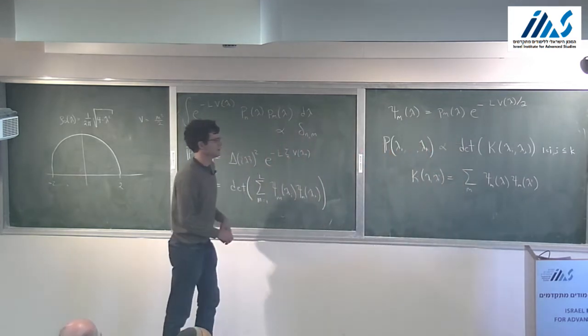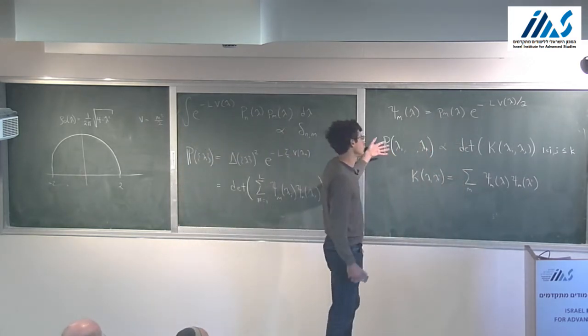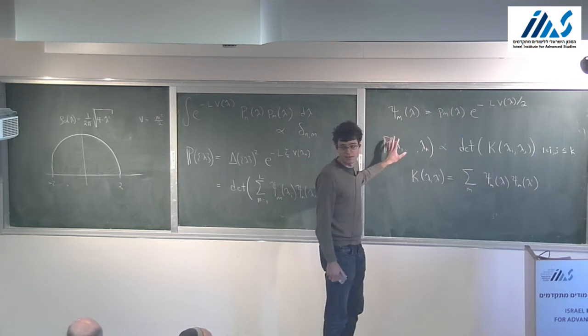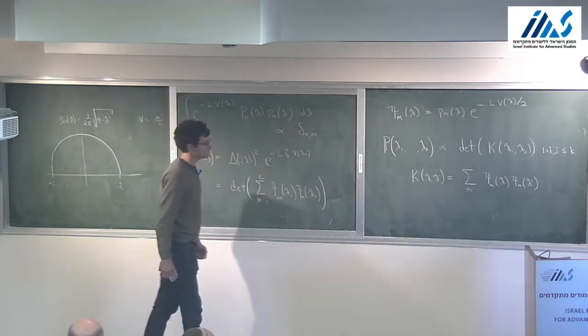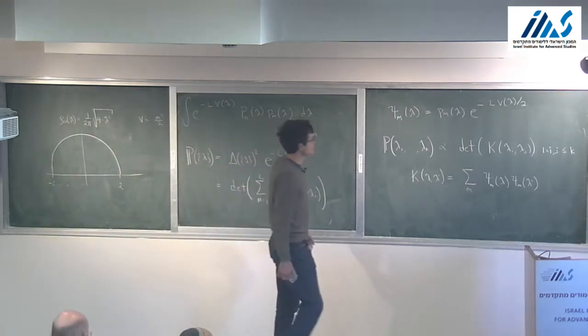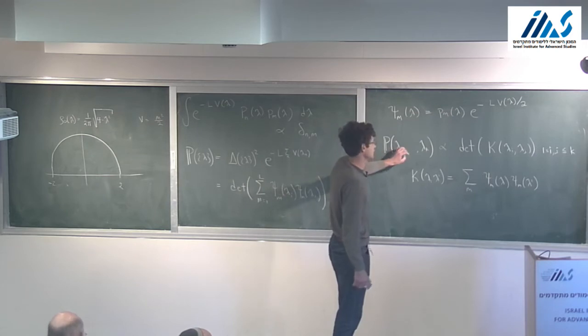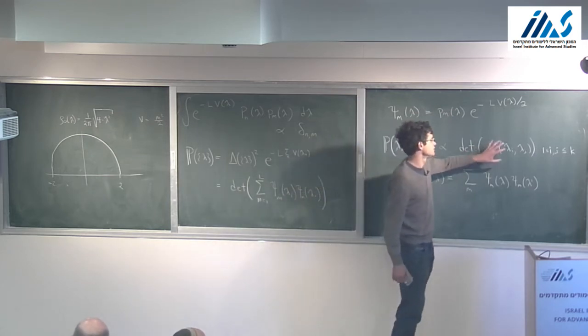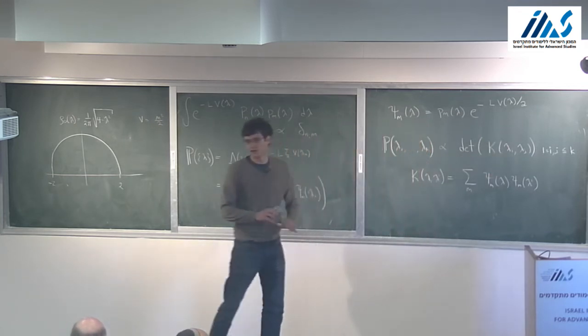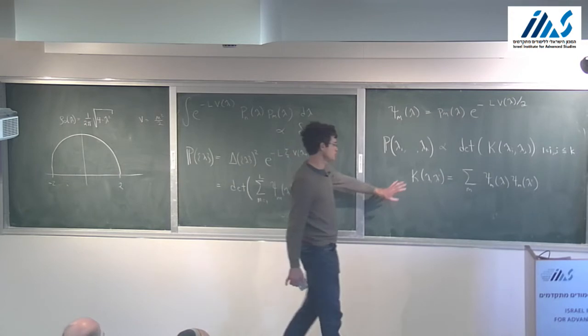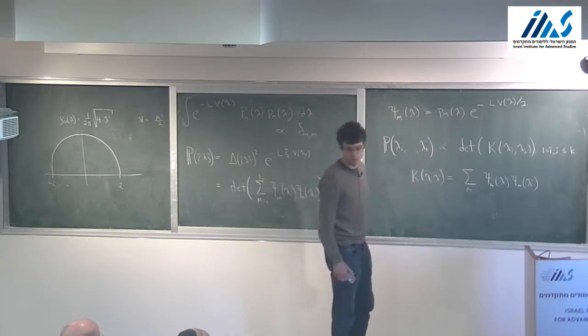Okay. So this is a very powerful formula. It gives you the probability distribution for any subset of k of the eigenvalues. What we want is a probability distribution for just a pair of the eigenvalues. So that will be a determinant of a 2x2 matrix built out of this kernel K. So to complete our analysis, we just need to compute this kernel, K of lambda and lambda prime.